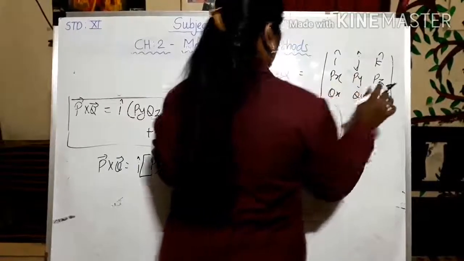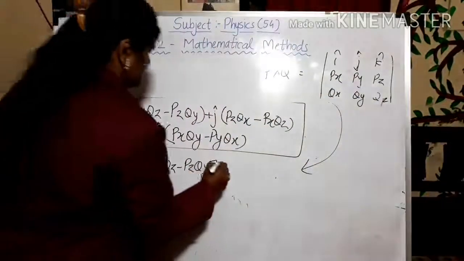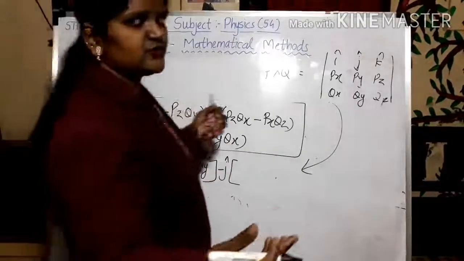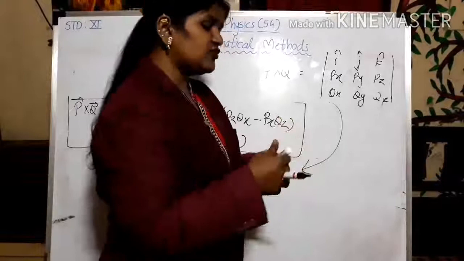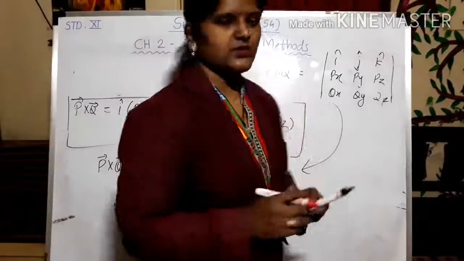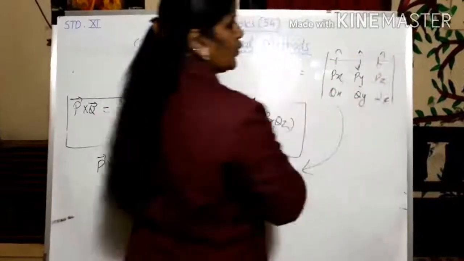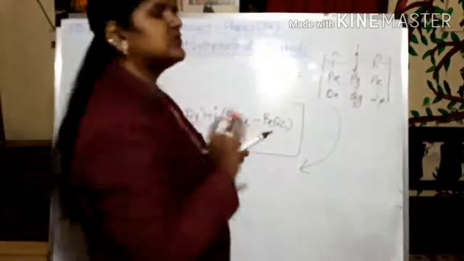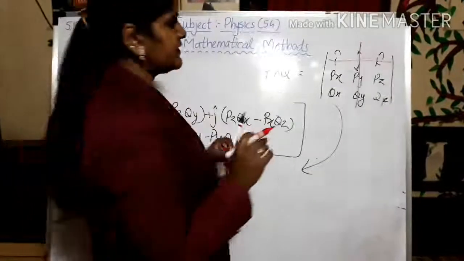Now we wanted for J, right? So it should be negative, as I told you. Second term should be negative. Now what we are going to ignore is the column and the row which is consisting of J. First row consisting of J, ignore. Second column, ignore. What are the four terms remaining?